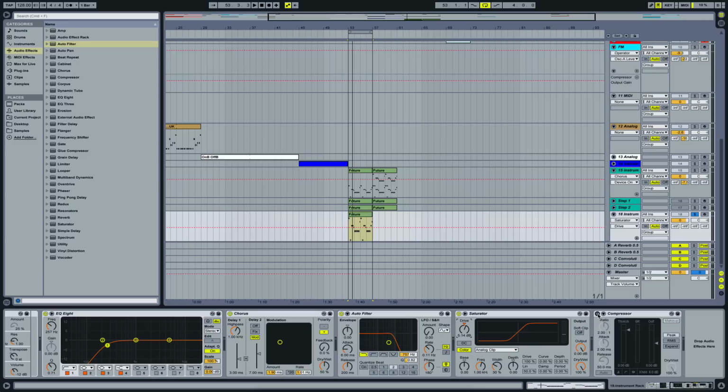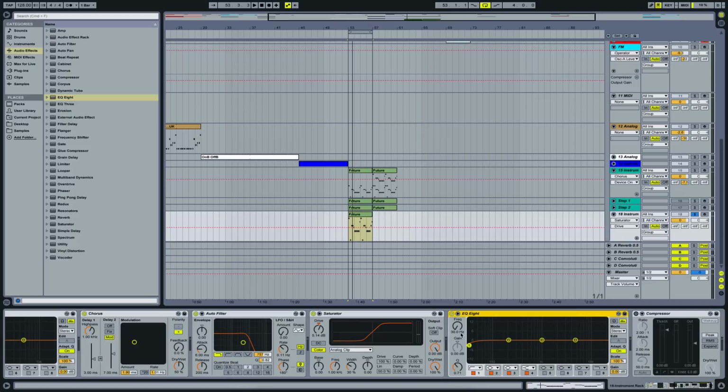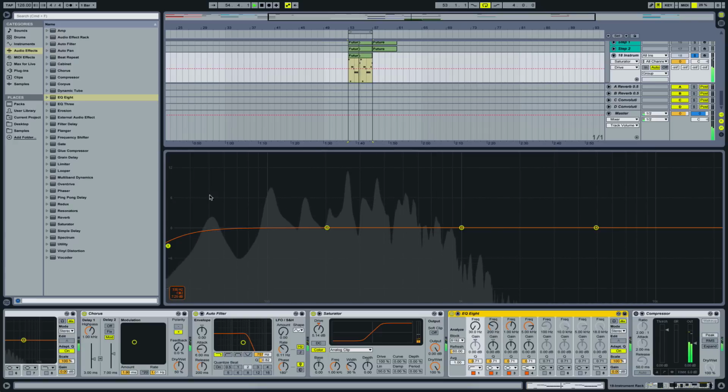So let's go ahead and use another EQ here after this, because I want a lot of those higher harmonics that are now gone to come back a little bit. If we take a look at the spectrum here, we got lots of the low mids and high mids, but almost nothing here. So let's